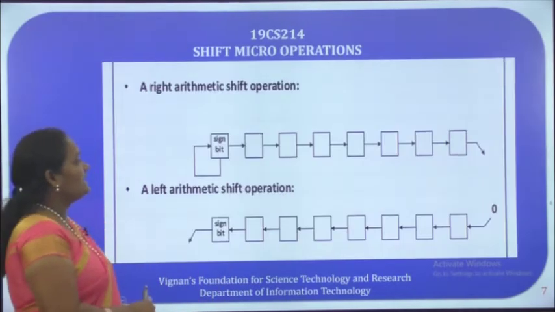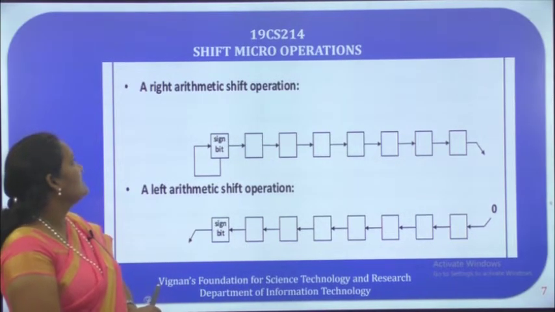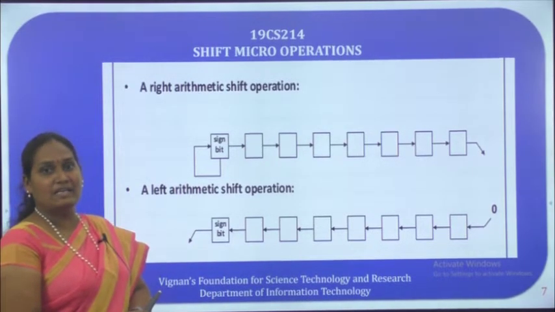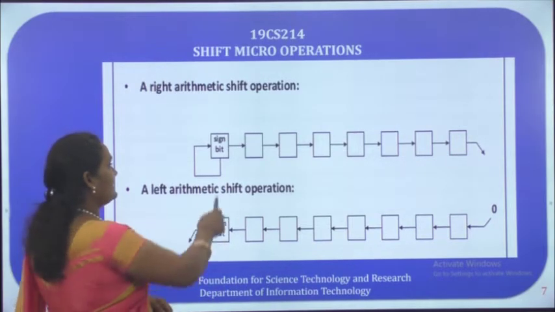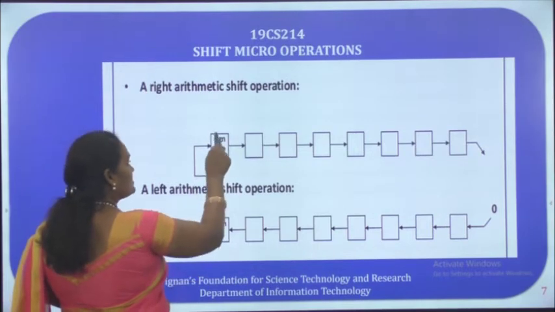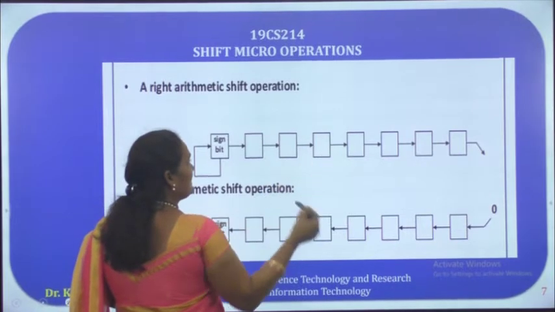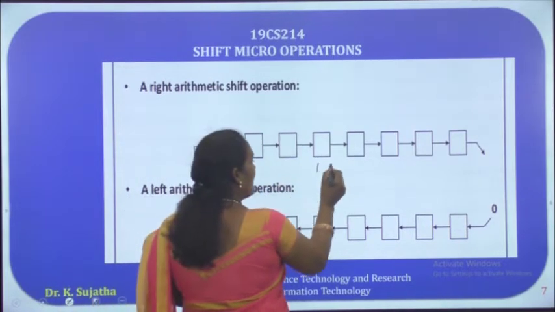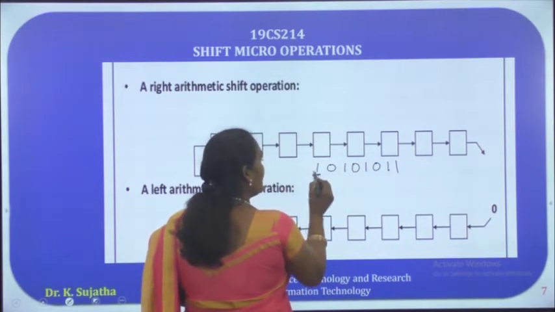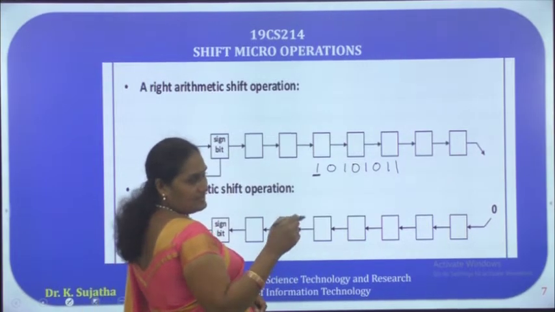So coming to arithmetic shift operations. How are we going to implement arithmetic shift operations? I already said that arithmetic shift can be done including the sign bit. That's why here we represented the sign bit. So how will the shift operation happen? Let us see. The sign bit remains the same, and including the sign bit, we are going to transfer the data. For example, if you have the data like this, this is the sign bit. So how am I going to implement the arithmetic right shift?